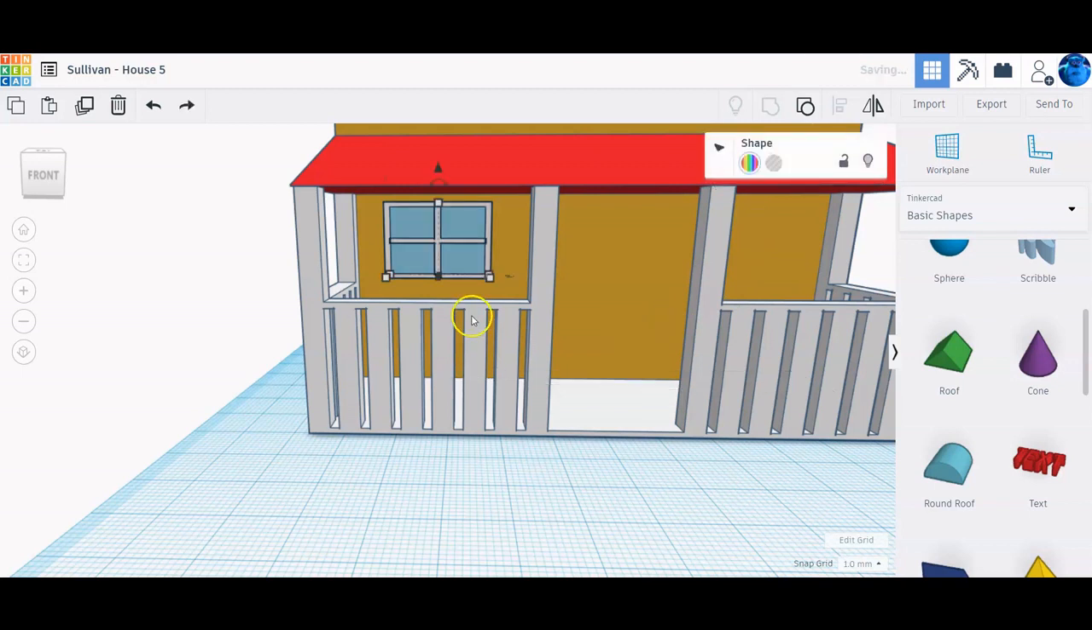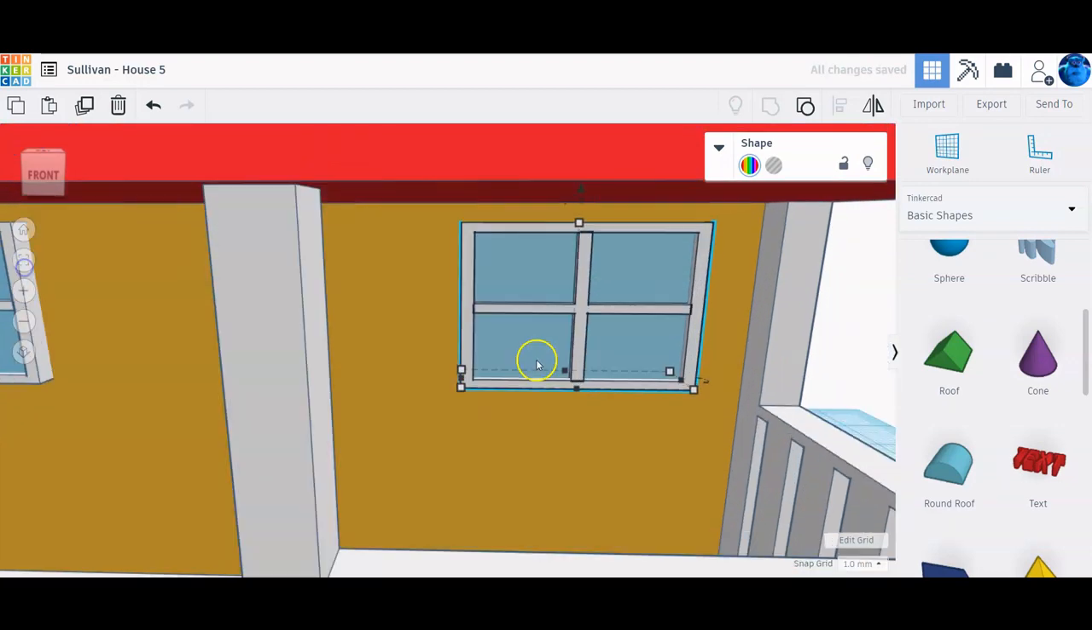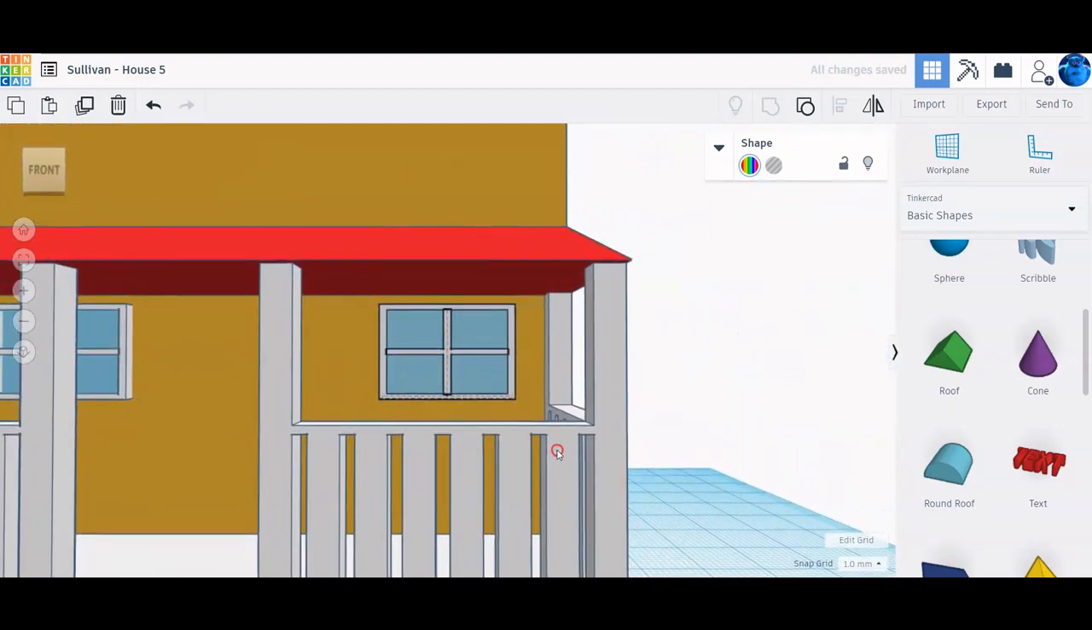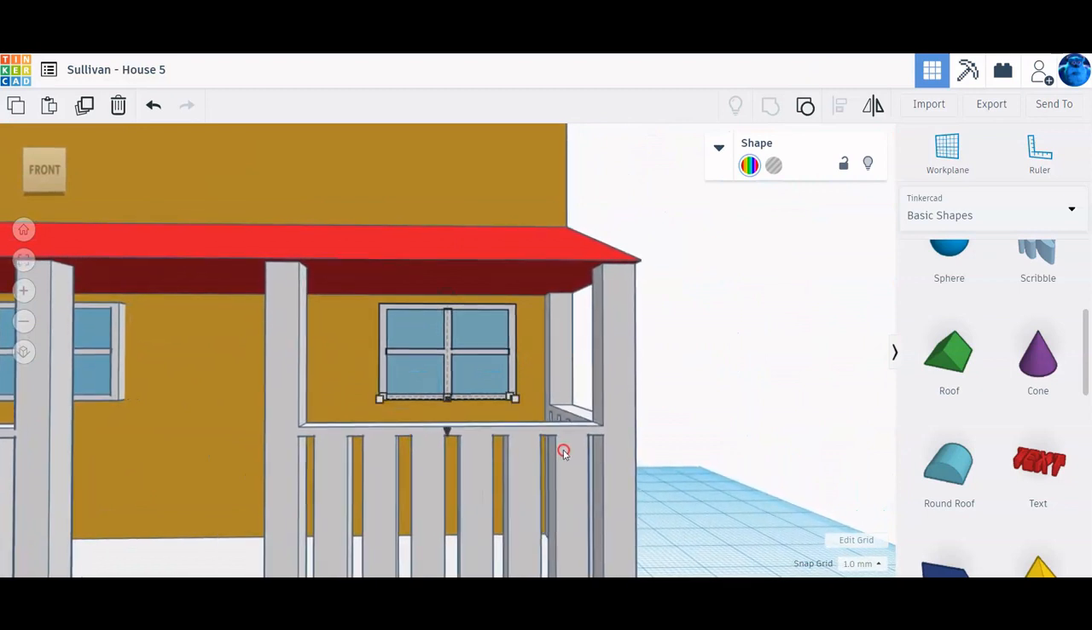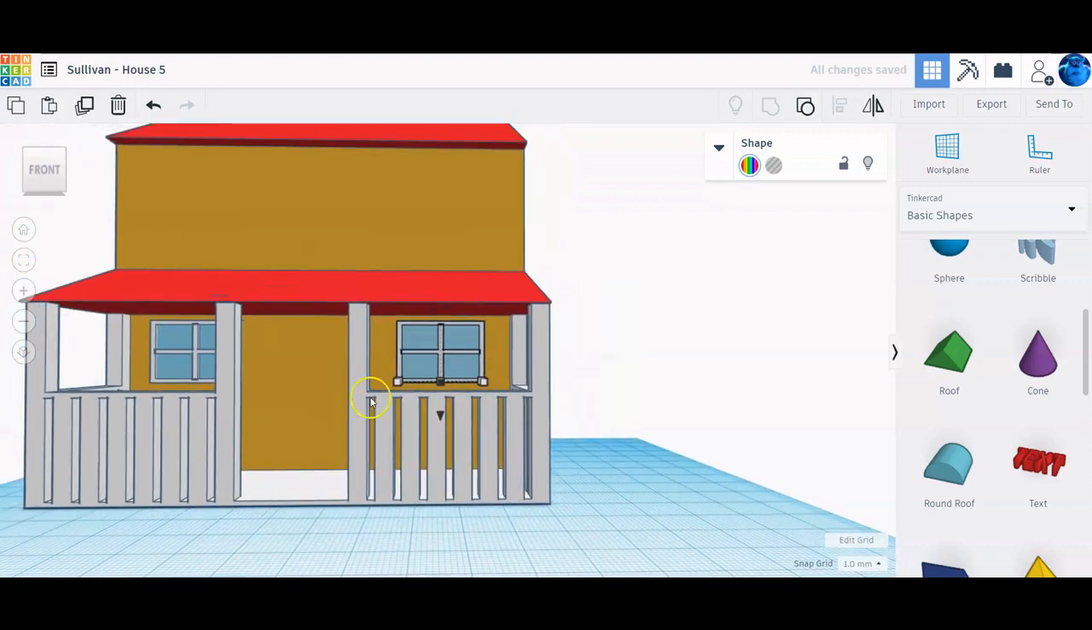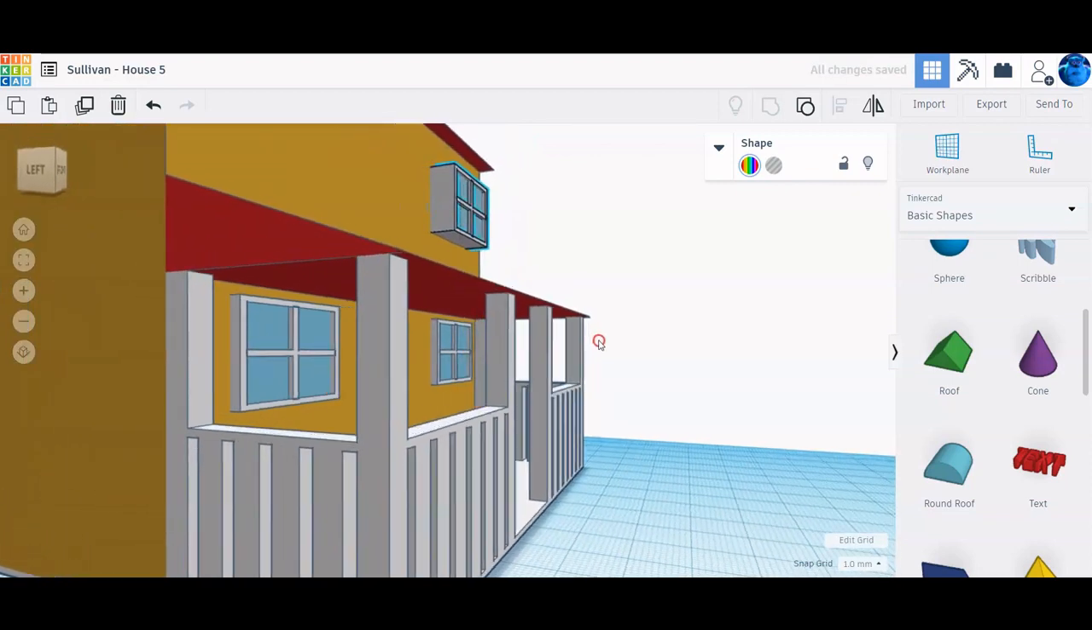Then we're going to hit duplicate and we're going to bring it over. We're just going to bring it over by holding the arrow key on the keyboard. Try and get that centered up here like that. We're going to duplicate it and then bring it up. The way that you can do that is hold Control and the up arrow on your keyboard. I'll bring it up to the top of the house,